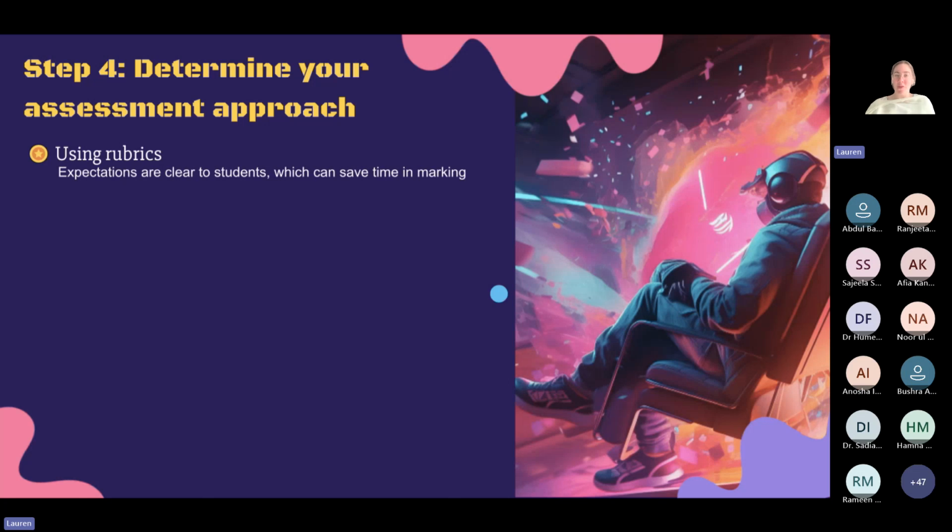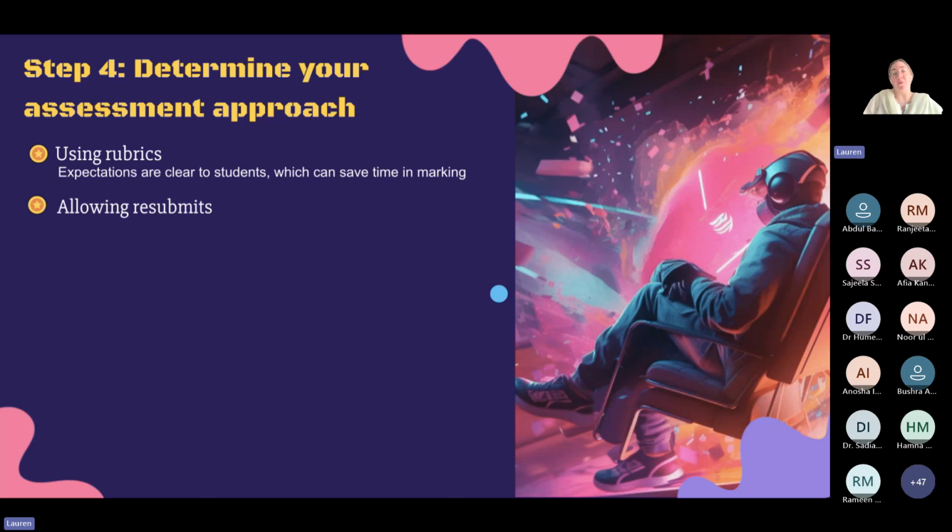If I give students the rubric in advance, and I say, these are the points that I'm going to be marking you on, or these are the types of things that I'm going to look for, then it makes it easier to go through their work later on and see, did they actually do this or did they not do this? It saves time in marking, and also I feel it makes marking a bit more fair because everybody knows what to expect.